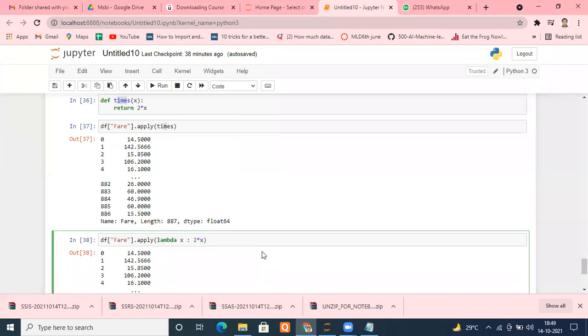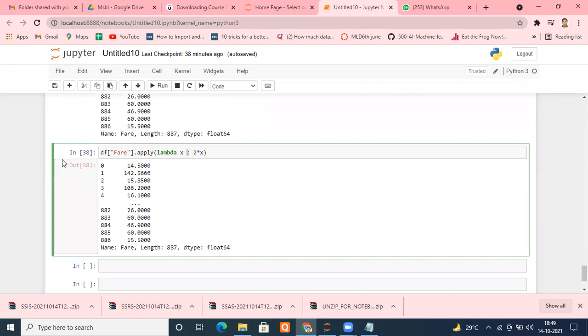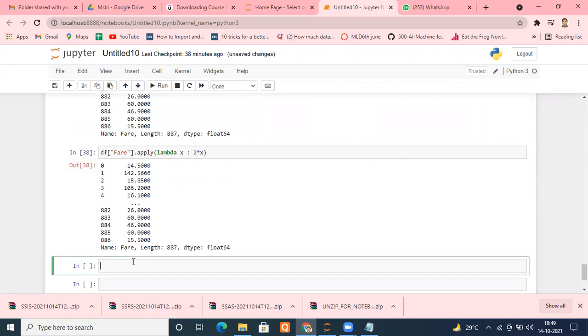Everyone? Yes, sir. Okay, you can even apply built-in functions as well. Suppose I'm taking a column which has strings, the sex column. I mention dot apply, and suppose I want to know the length of each element of this sex column.